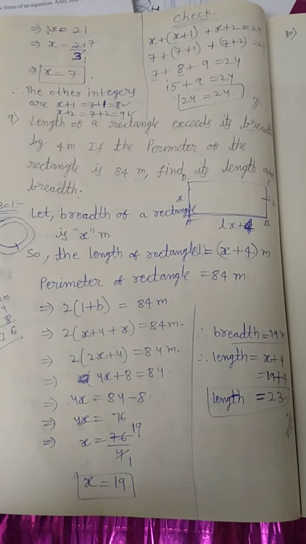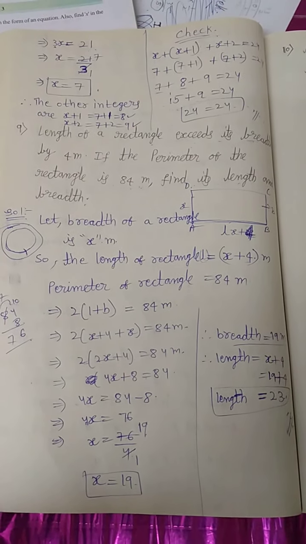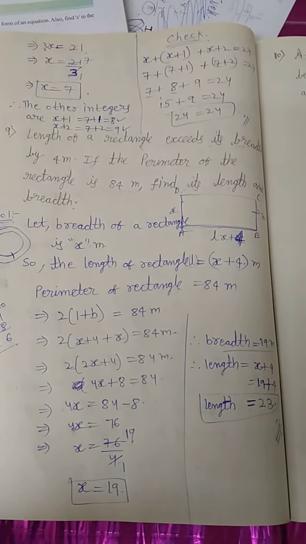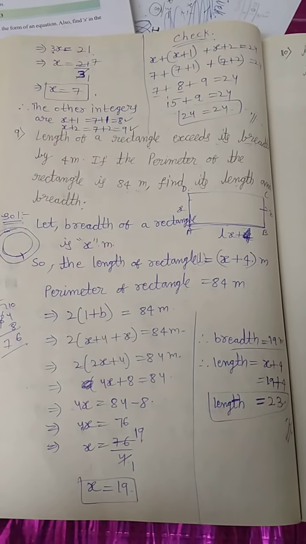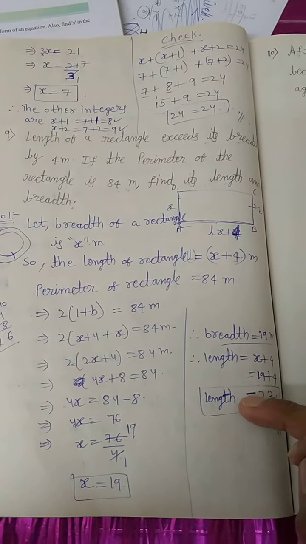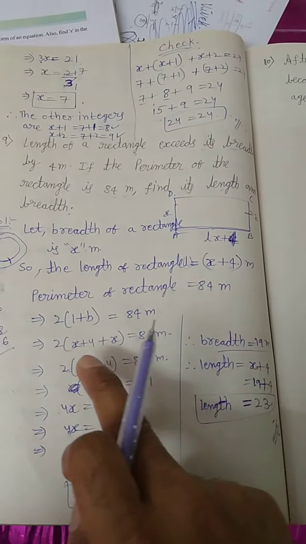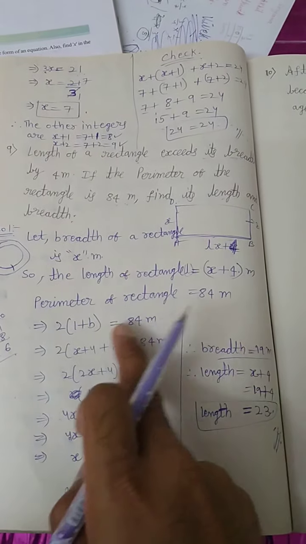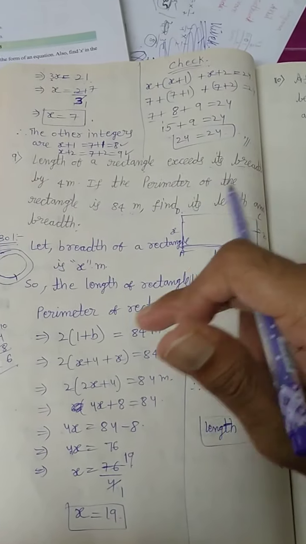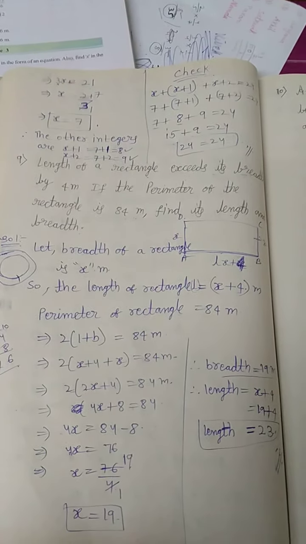Okay, so if we do any other things, that is a waste of time, I think. If you have any extra time, you can do that also, like a check method: substituting L and B, the length and breadth, and making everything equal. You can do the check method if you want. Okay, so this is the answer.